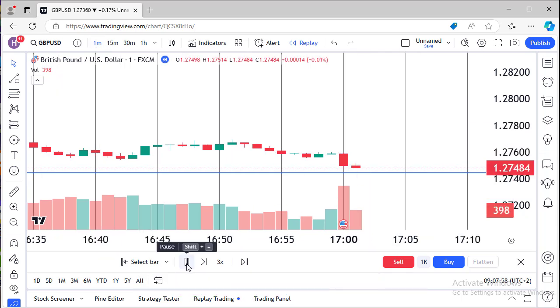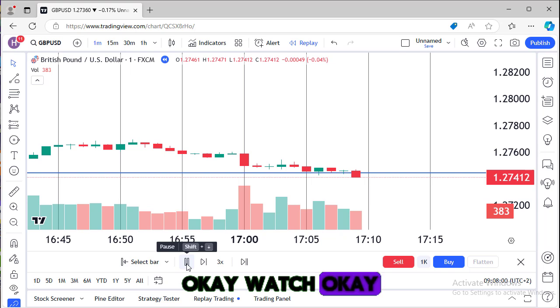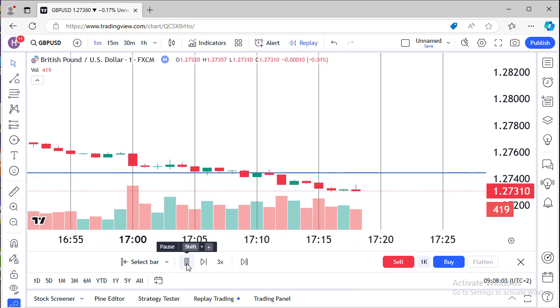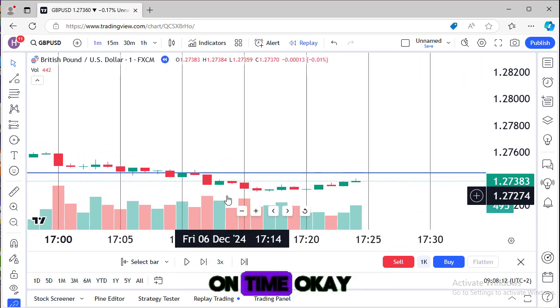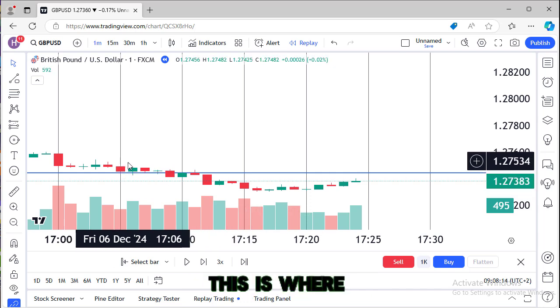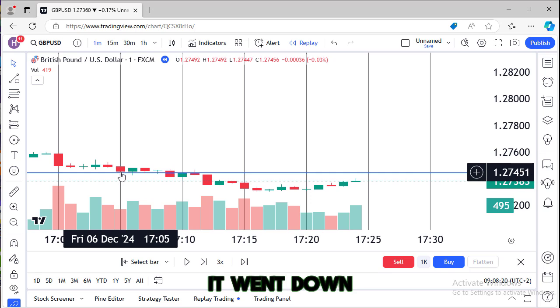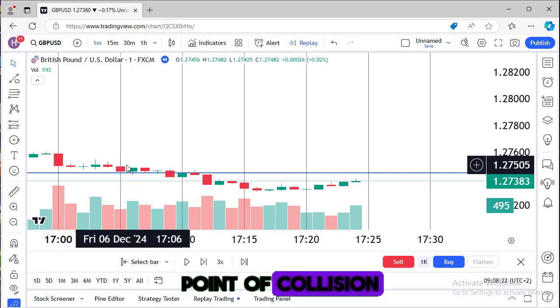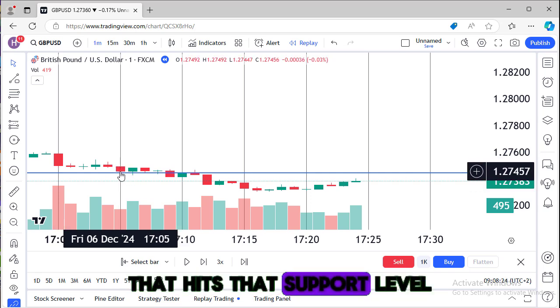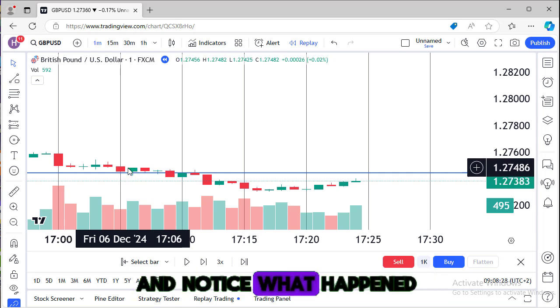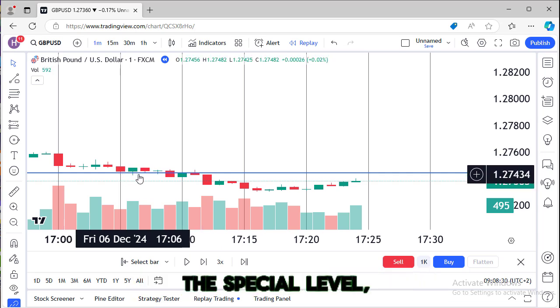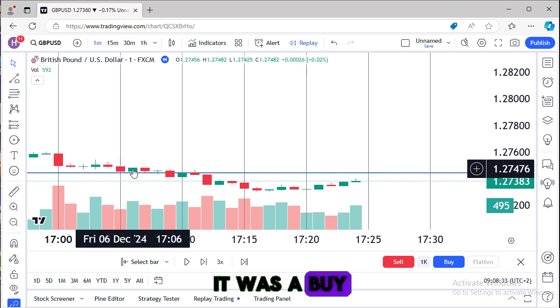Play. Okay, watch. Okay, so let me stop it there. Oh, I didn't stop it on time. Okay, never mind. This is where our attention is. Right? It went down. This was the point of collision. This was the candlestick that hit that support level. And notice what happened in the next candlestick afterwards. It was a buy,